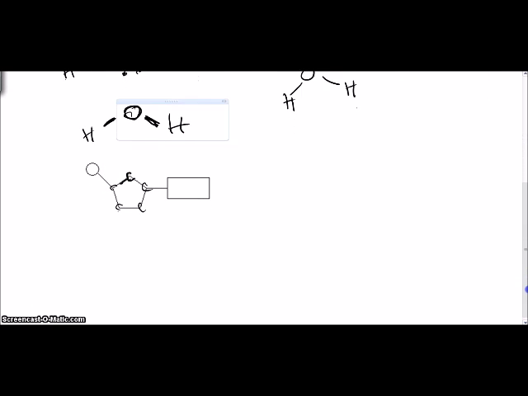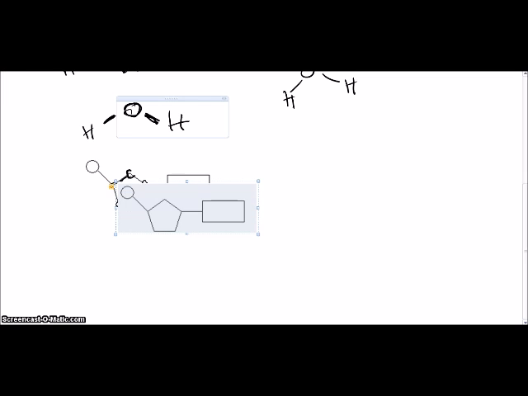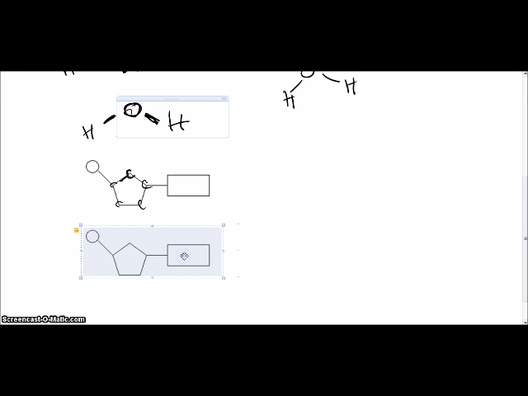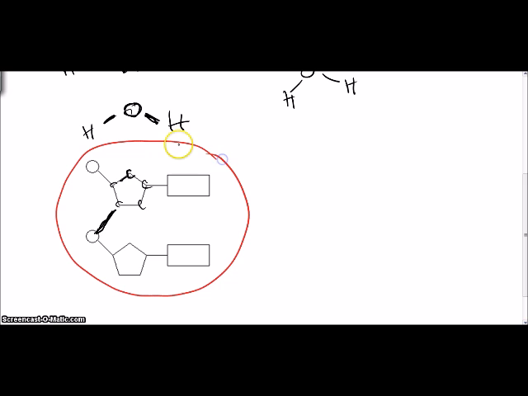Now if I have yet another nucleotide, the second nucleotide is going to be covalently attached with a solid line to the first nucleotide. Because of this solid covalent bonding, the two nucleotides now become one